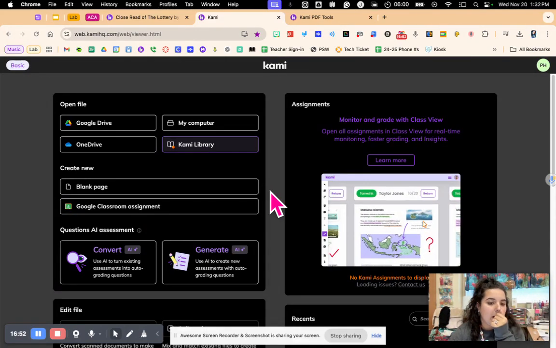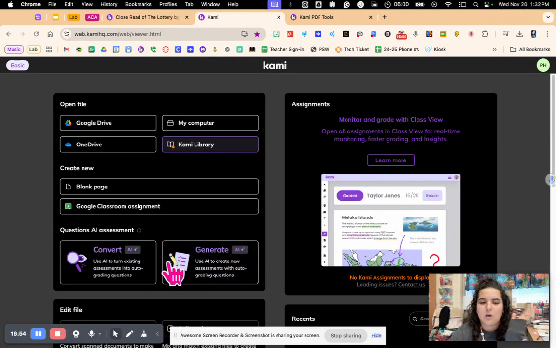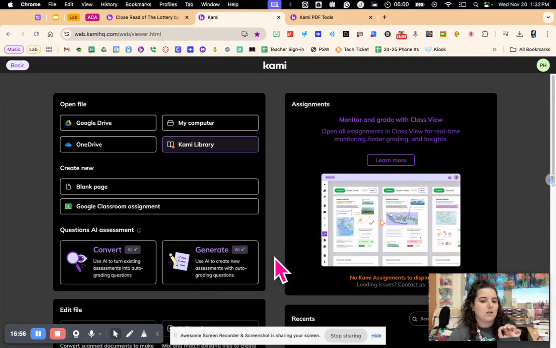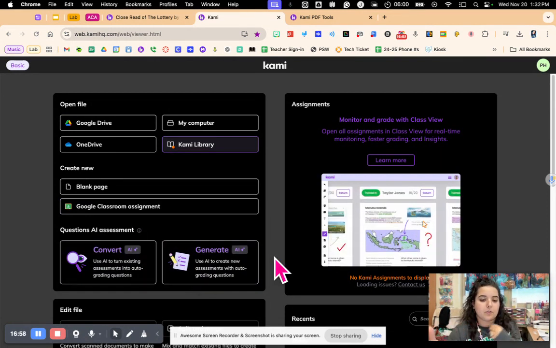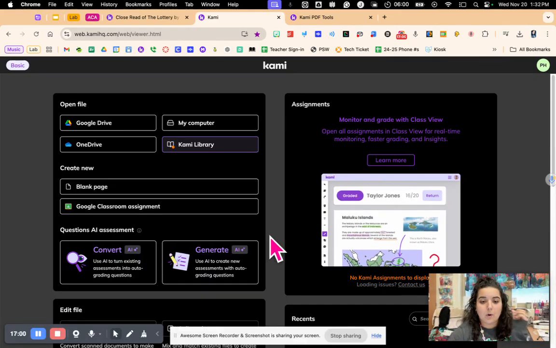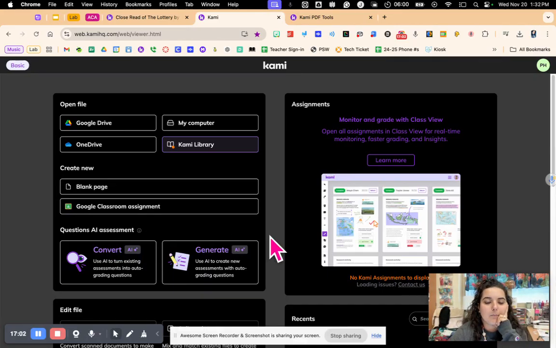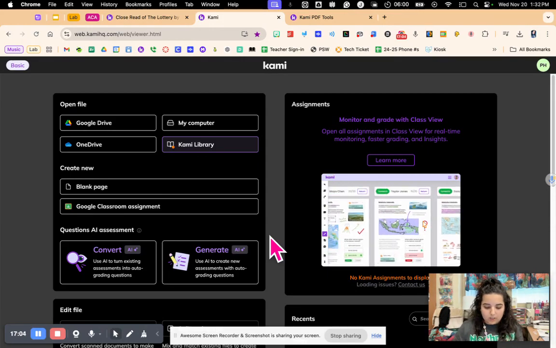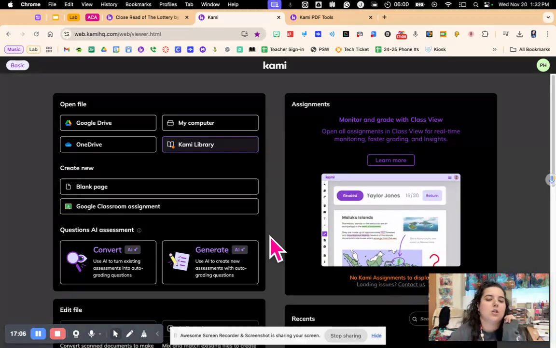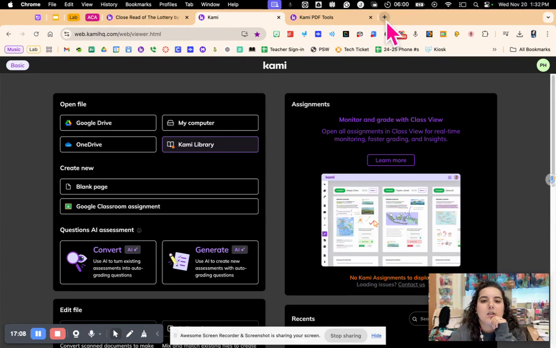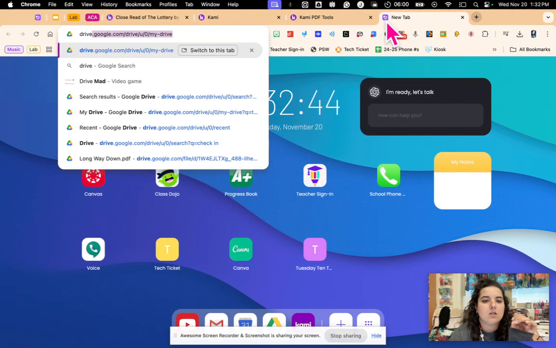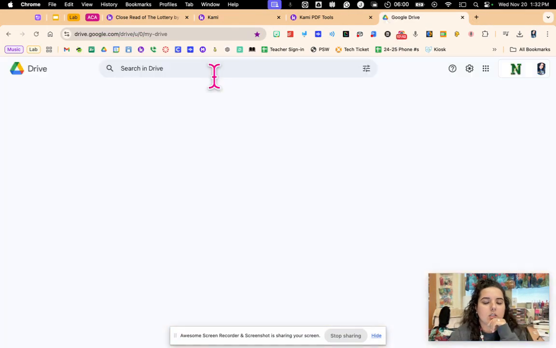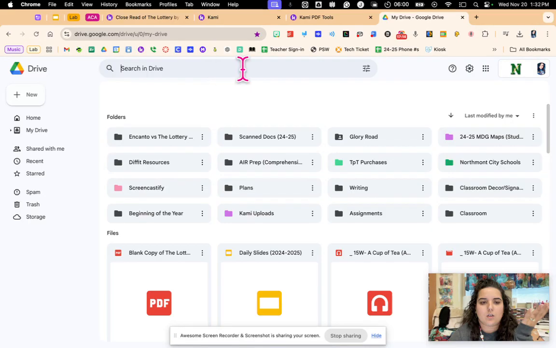Great. I have not messed around with much of the AI stuff because, again, I have used my free trial, so that won't work. But the only other thing that I was going to show you was the Kami extension. So if I go to my drive and I look up, I'm just going to go back to that lottery document. If I go back to my drive,